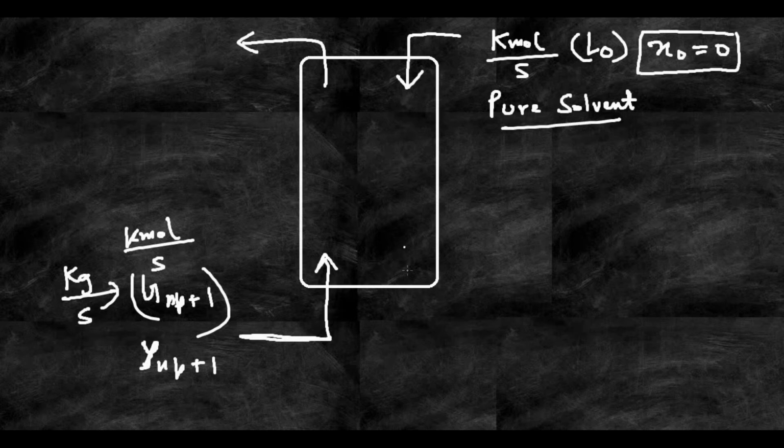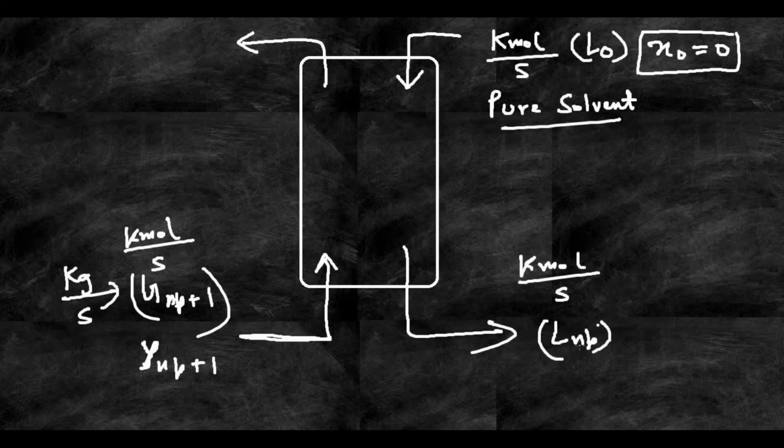Now after absorbing, it will come down from this point. Here I will again name the flow rate, that is kilomoles per second of the solvent mixture which is coming out. This I will name as L_N. The mole fraction of ammonia in this stream will be higher because it has absorbed most of the ammonia which was flowing upwards. Here I will name this as x_N. So x_N is the mole fraction of ammonia in this solvent at the bottom, that is after the absorption has taken place.